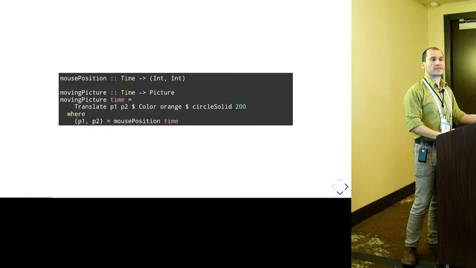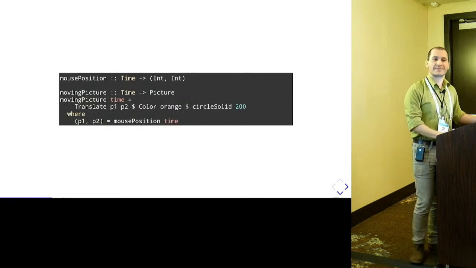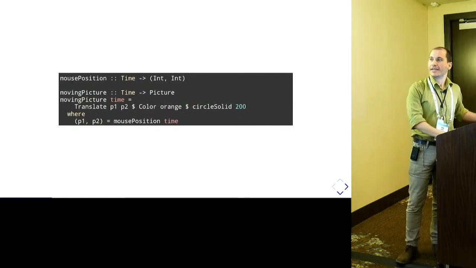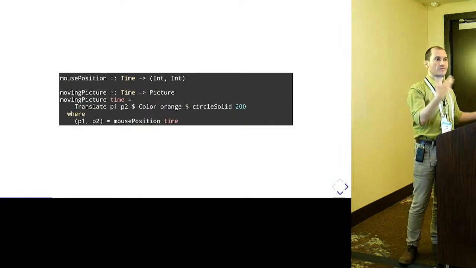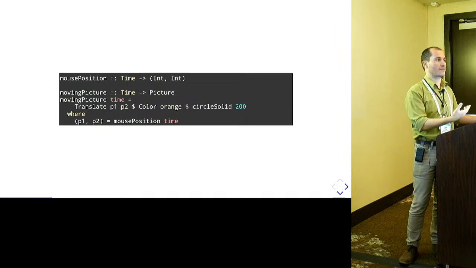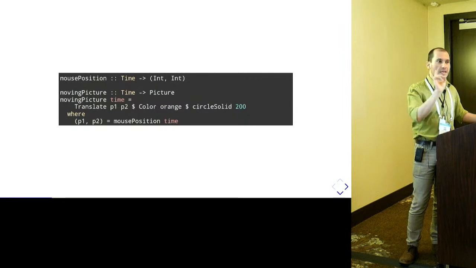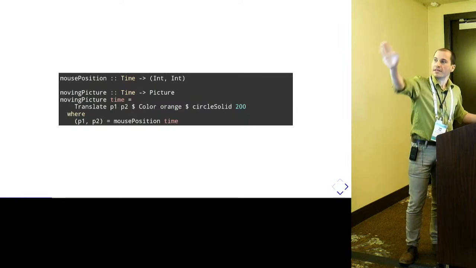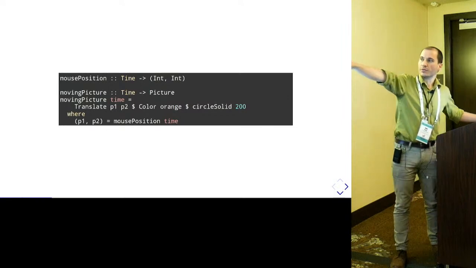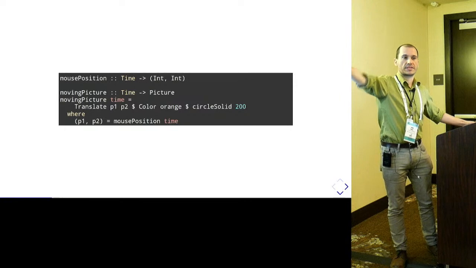The problem is that it doesn't quite work well if you do it that way. And the reason is that imagine, for example, that you want to write a program that is interactive. So in this abstraction, you could say that the mouse position is also a signal of time. It's something that varies over time. So you might want to draw a moving picture that is at the mouse position by saying, well, the picture at a particular time is going to be a circle positioned where the mouse position is at that time.